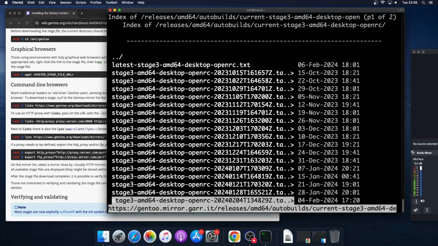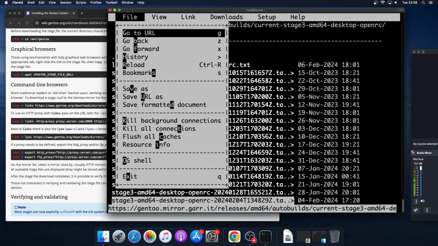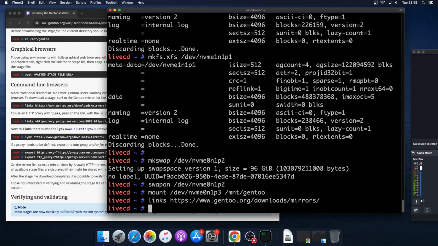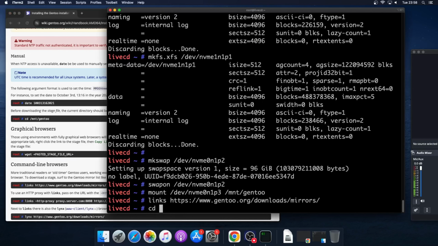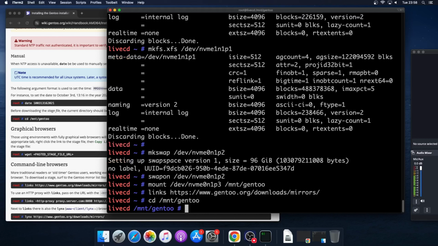Ah, that's why. Because I missed a very important step. Let's exit. We have mounted our disks into /mnt/gentoo, but we haven't moved into this directory. So let's go to /mnt/gentoo. Now we are in the directory, and we can